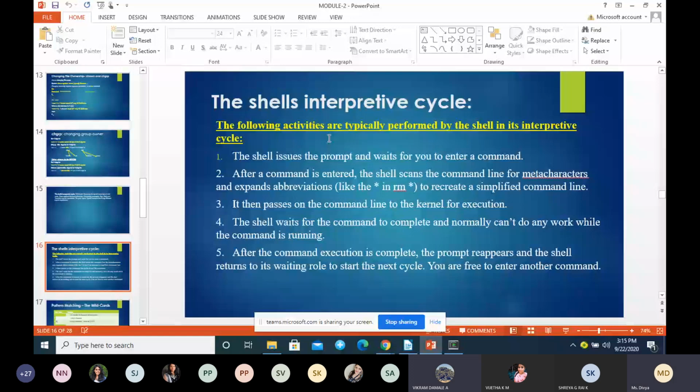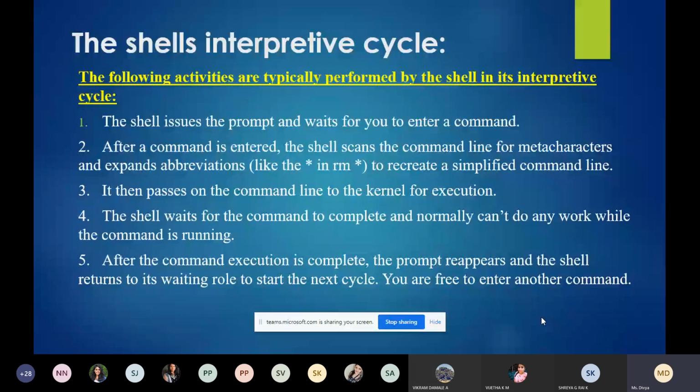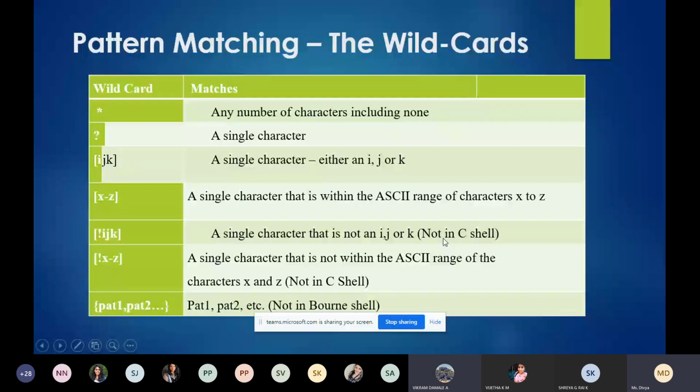So shell is mainly a program for executing different commands or different programs. The following activities are typically performed by the shell in the interpretive cycle. The first one is that the shell issues a prompt.